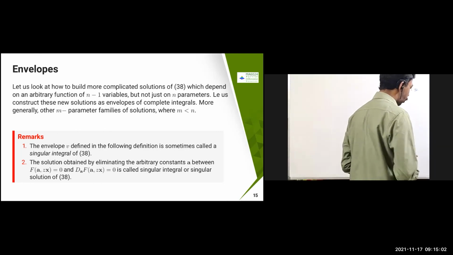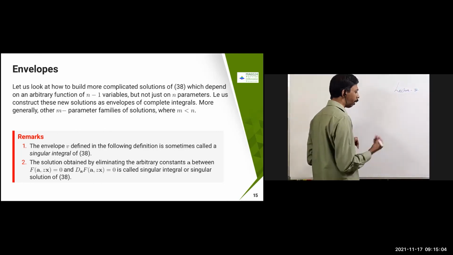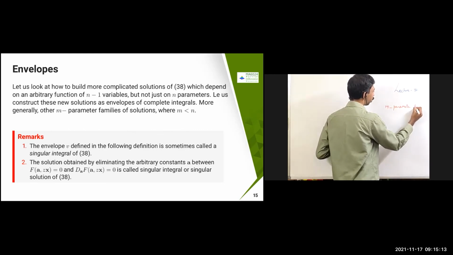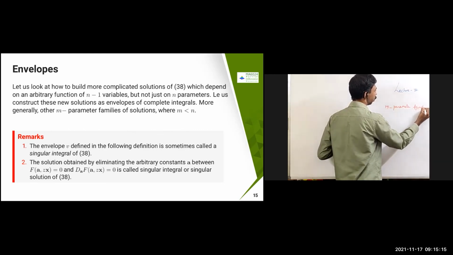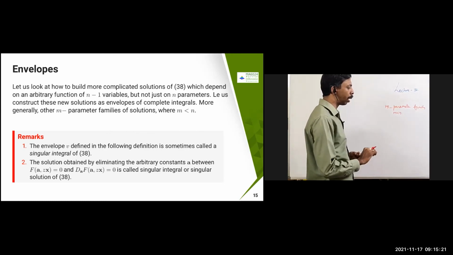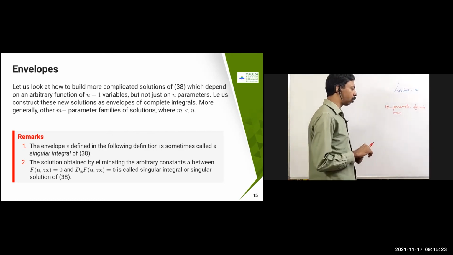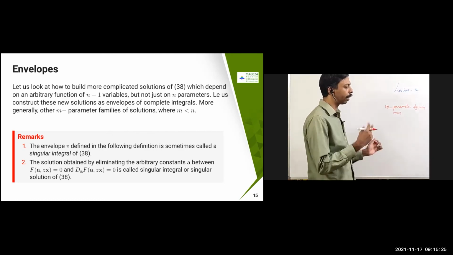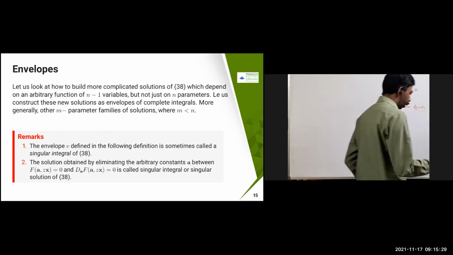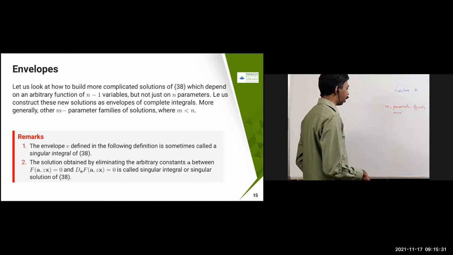Let us see that. In general, what you can do is take an m-parameter family of n-parameter families of solutions, where m is strictly less than n. Then I can find the same thing for n-1 also. So I'm going to put in some substitution and find that. In the next definition we are going to say something called the envelope.